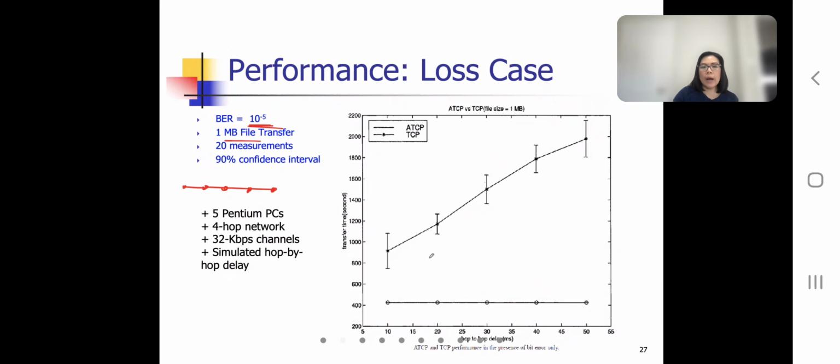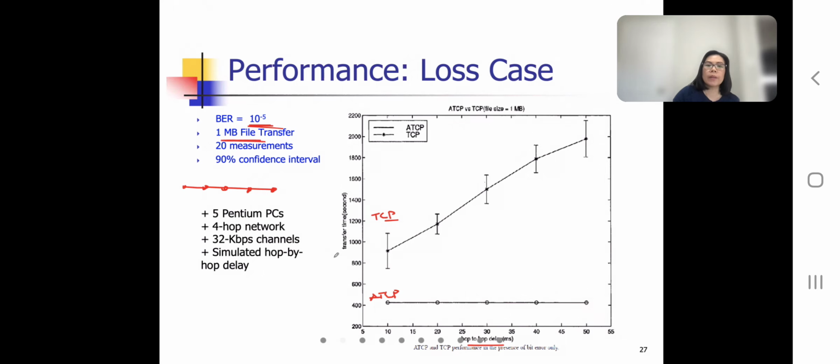All right, this is the line for ATCP, and this line is for TCP. The x-axis indicates the hop to hop delay, the average hop to hop delay in milliseconds, okay? And the y-axis represents the transfer time of this file, how long it takes